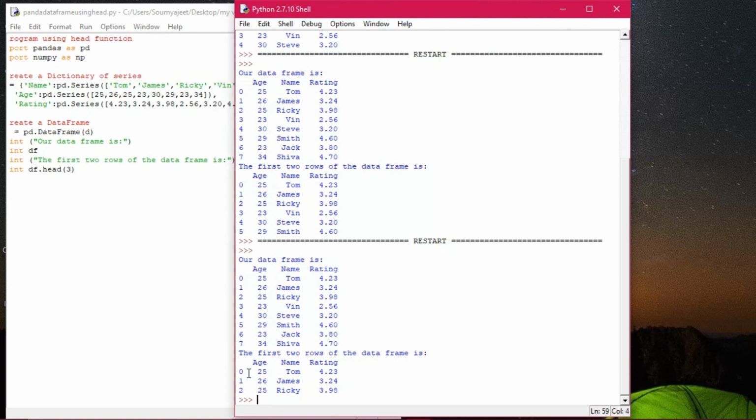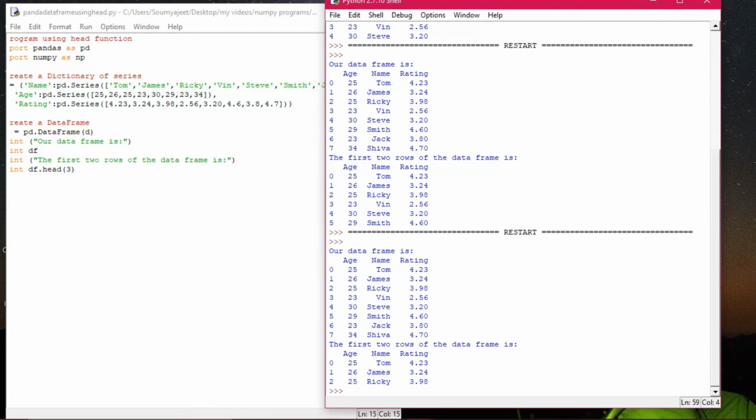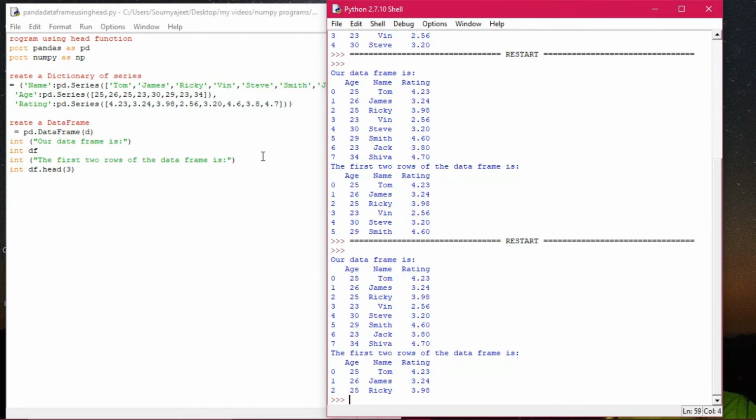So these 3 functions that I have explained to you today, one is values, another is tail, another is head. These 3 functions are very, very important, and you must do the practical implementation of this program all the time. Otherwise, you might have some problem during practicals. So remember the functions, because there are a lot of small things which may be very dangerous if you don't know. You will not be able to write anything. That's why I would like to suggest you do the practical on a regular basis. And these videos are really explanatory.